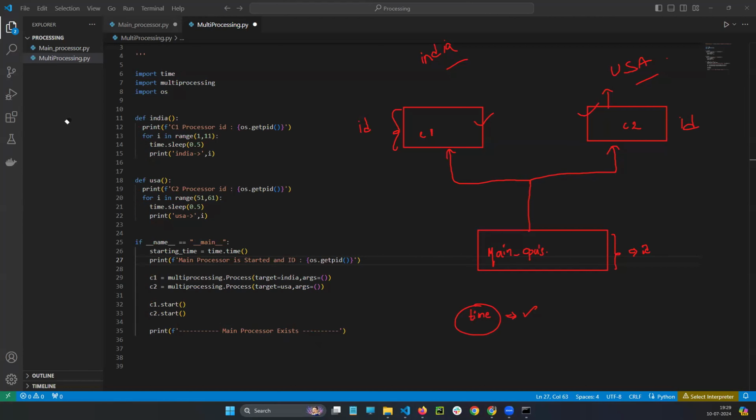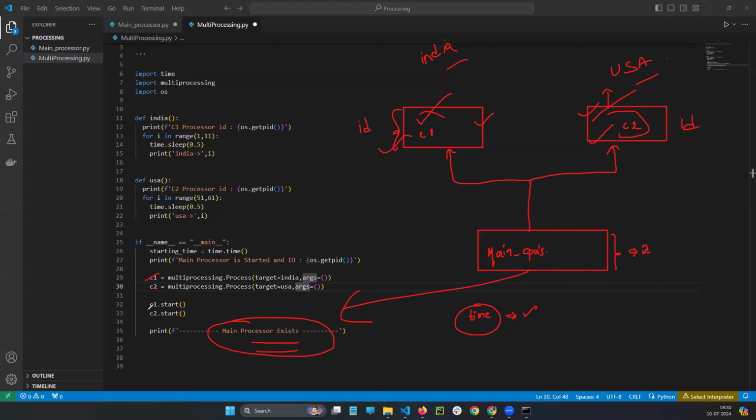Got my point? What I'm saying? First of all, you are recording the time. You are printing the processor ID. You are starting C1 and you are starting C2. After starting C1 and C2, they are still running. While they are running, if you see this print, what does that mean? Even when they are running, if this message comes, the main processor is leaving, because C1 started, C2 started, and it just left away.